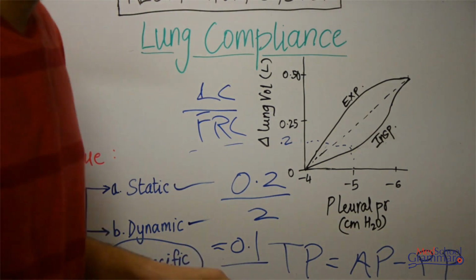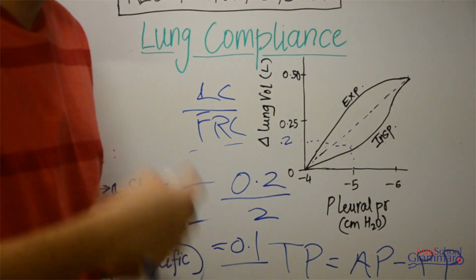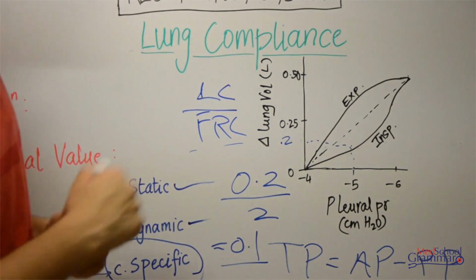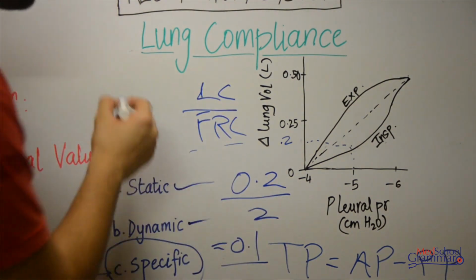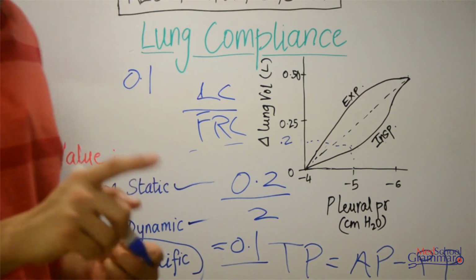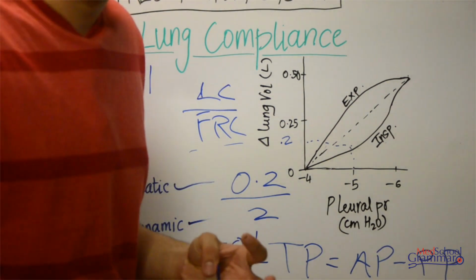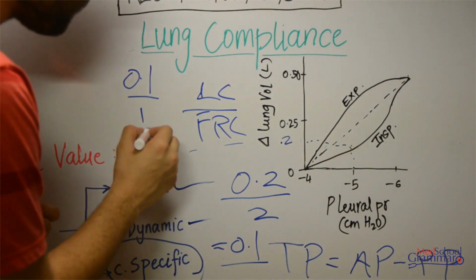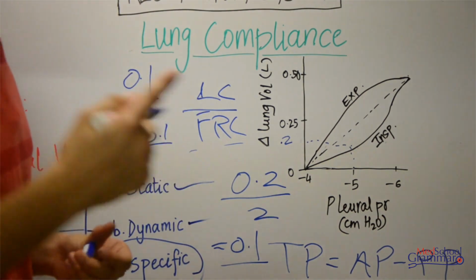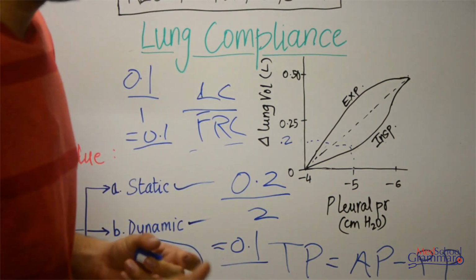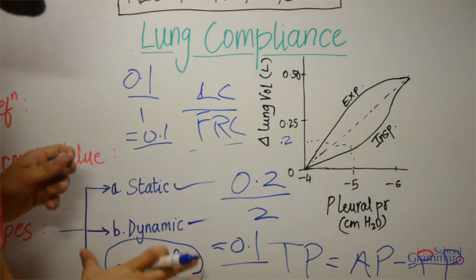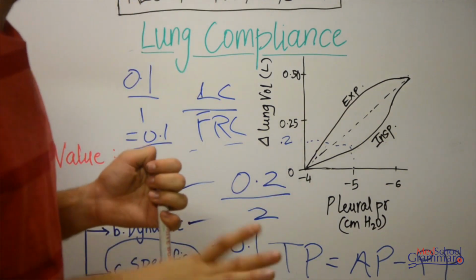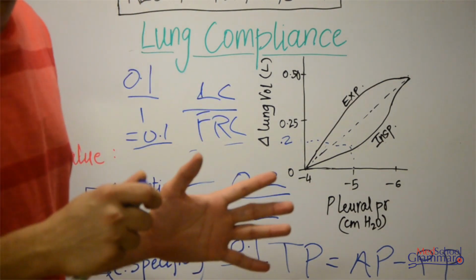That can be applied even to a child, even to someone who has undergone a surgery and has one of his lungs removed. If one of his lungs is removed, that means the lung compliance would get halved. That means the lung compliance would become 0.1. But at the same time, the FRC would also become half. Okay, so the FRC would become 1 liter. That would give us 0.1 again. This means that the other lung is healthy. Okay, so this helps us. Specific lung compliance actually helps us to calculate the functioning of lungs and the nature of the tissue parenchyma also.